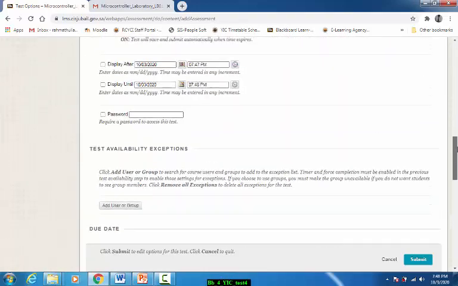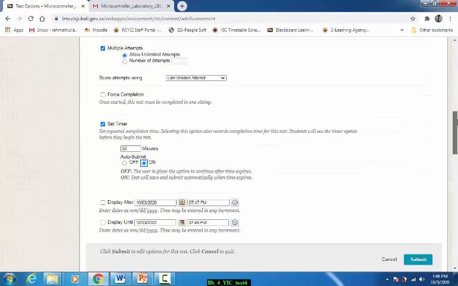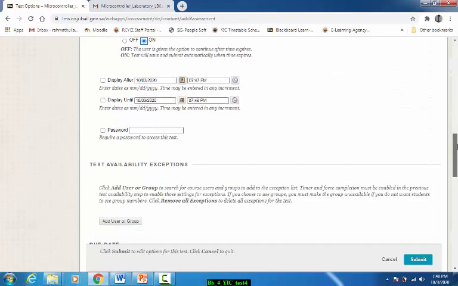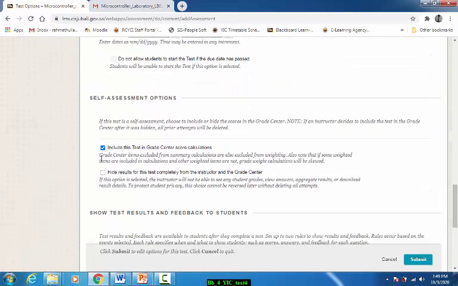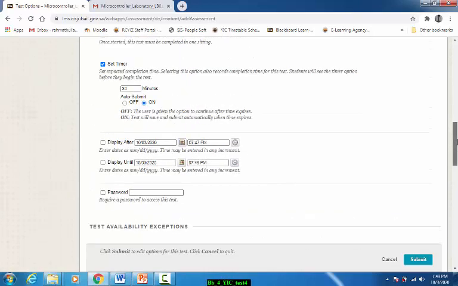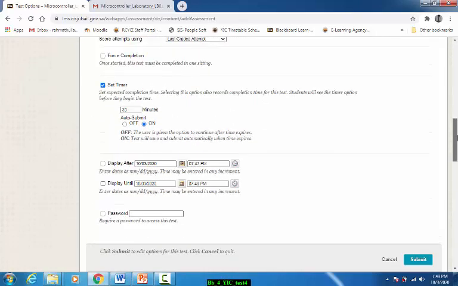And one important point here is we do not want to consider this for grading. Uncheck include this test in grade center score calculation. Please uncheck this, because this is only for testing purposes. This is only for practice. So unlimited time, unlimited attempts, and no grading.